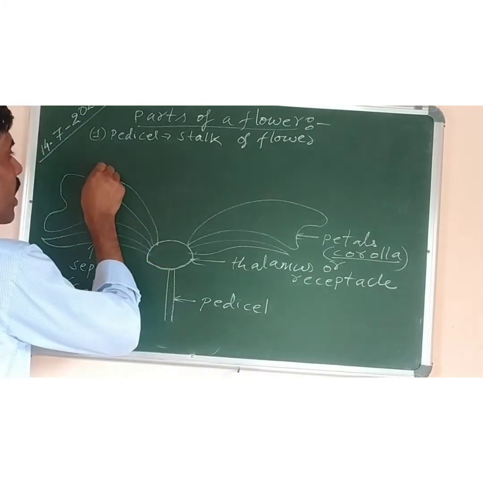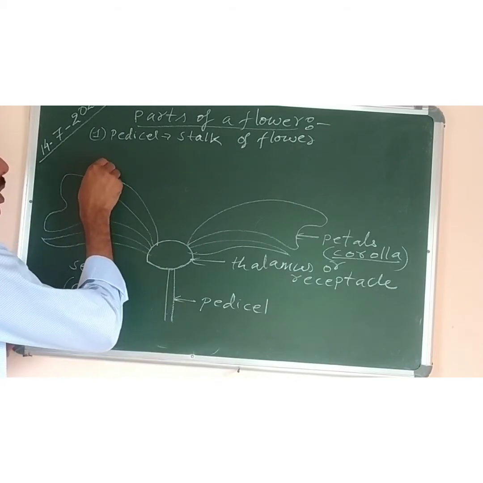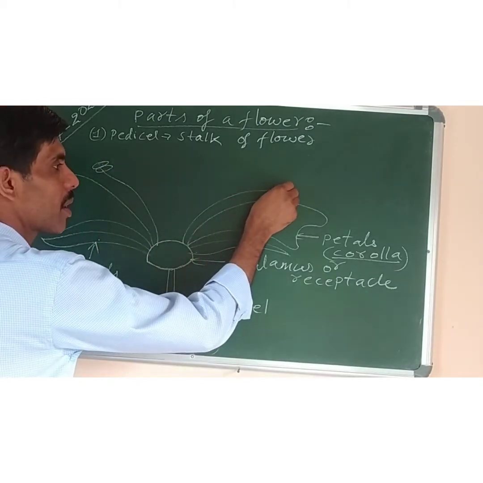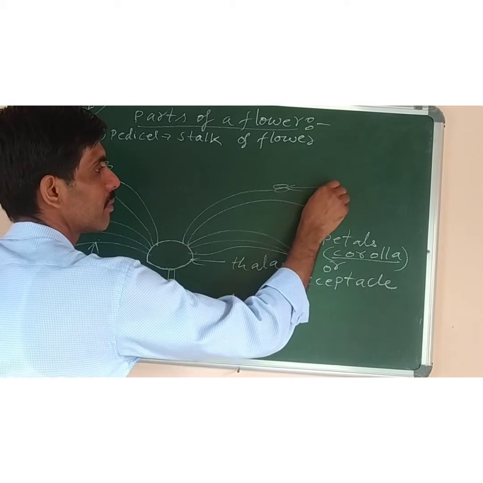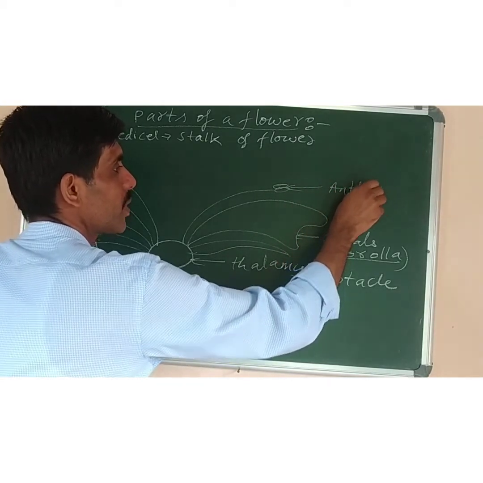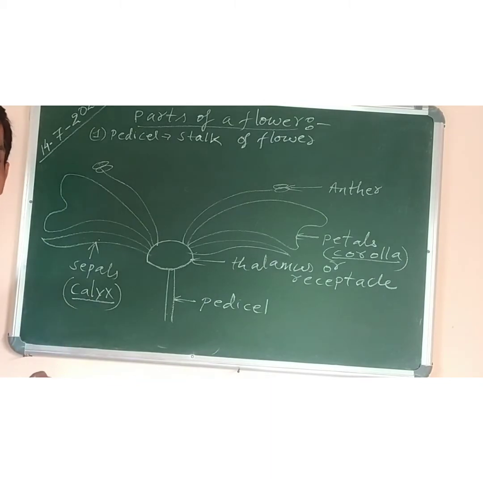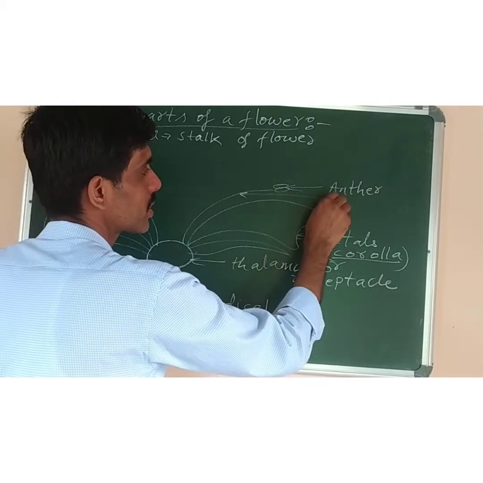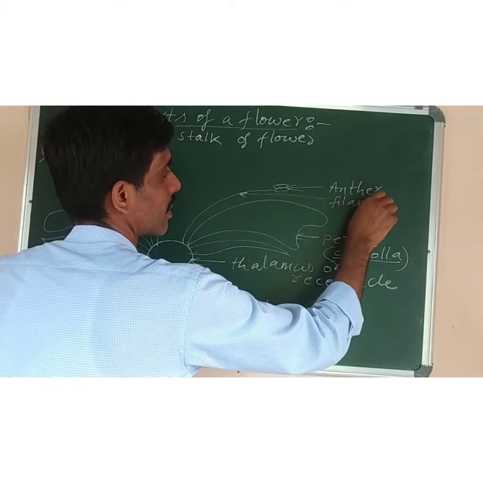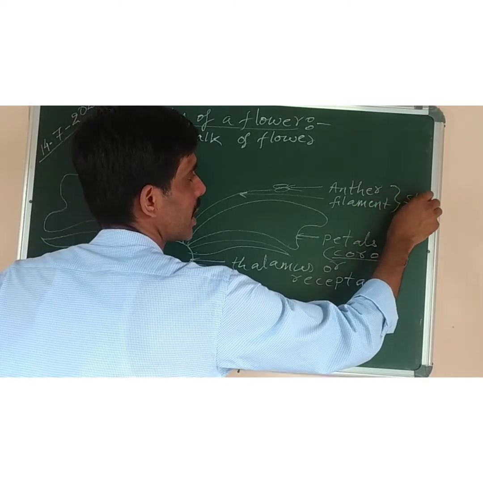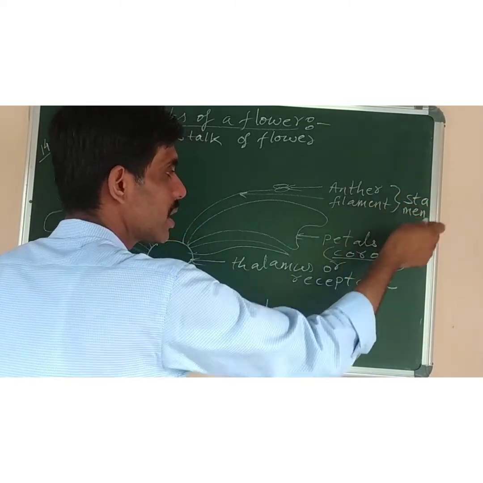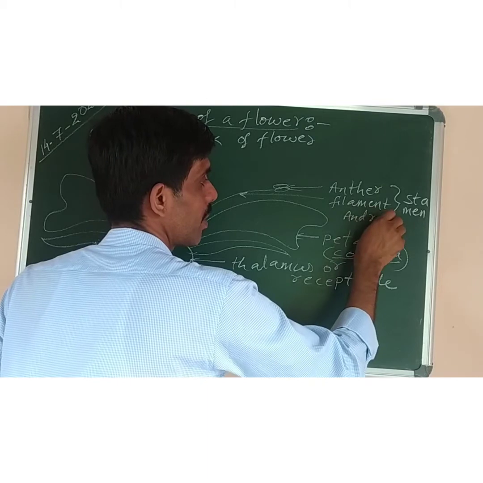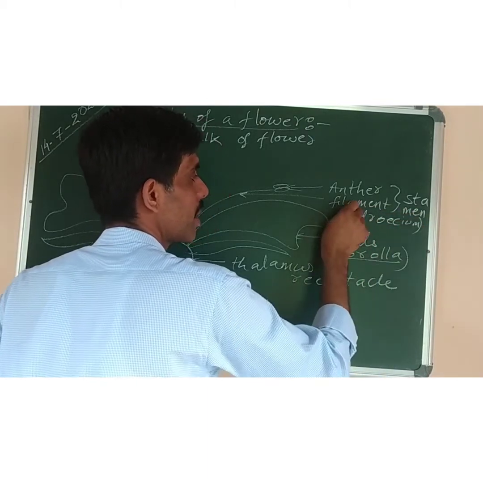Then we have the main part of the flower which is called stamen. Stamen consists of a bilobed anther and a long filament. So altogether it is called stamen. Here also I have drawn one stamen. This is the anther. Anther is the part of the stamen that contains anther lobes in which the pollen, or the male gametes, are produced. And this one is known as filament. The stalk is called filament. Anther and filament together are known as stamen, S-T-A-M-E-N. And all the stamens together, like many stamens can be there, are known as the male part or the androecium. Androecium means the male part of the flower.